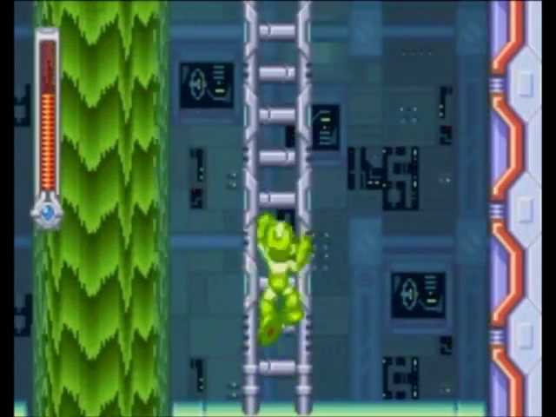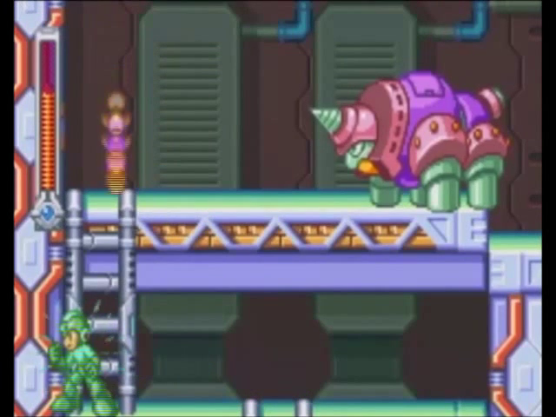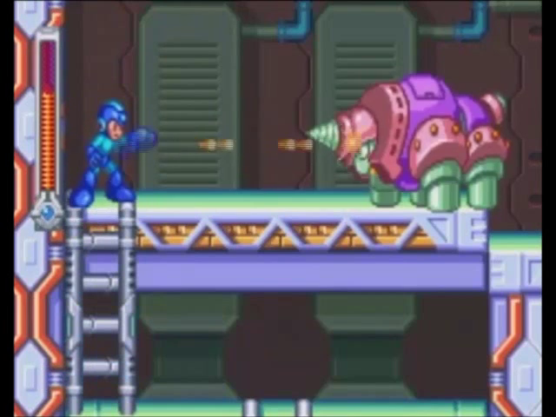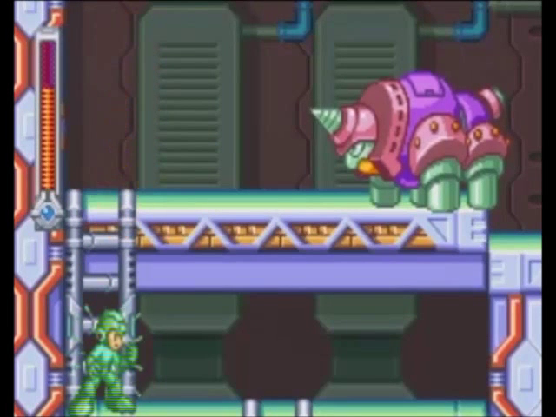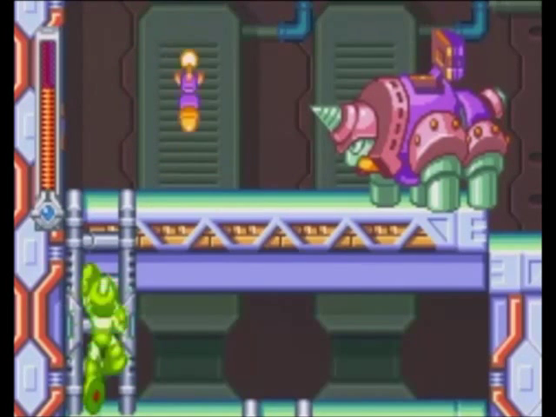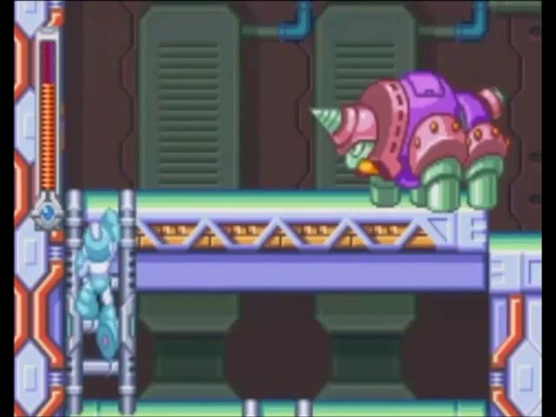We're almost there, folks. We're almost at the boss of this stage. Oh, good enemy placement here, Capcom. Good enemy placement. Fortunately, though, Mega Man can move up and down and essentially take care of this giant thing no problem. Base, on the other hand, thanks to his new ability to shoot through walls, can own this thing from below. It's like...